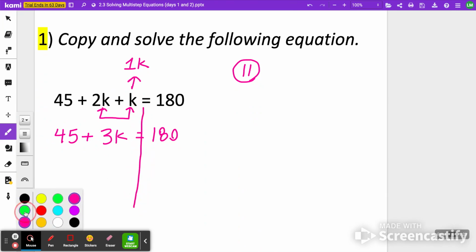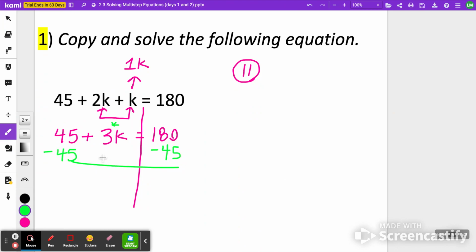Now I'm ready to add or subtract. A lot of people will want to subtract this 3K, but 3 and K are being multiplied, so we can't touch that yet. Instead, we're going to subtract this positive 45 from both sides. Okay. As I do that, I just want to make sure that I'm calculating correctly. So I'm doing 180 minus 45 on the right, and I'm doing 45 minus 45 on the left. Okay. So as I clean up 45 minus 45, those cancel out and just give me 3K. But over here, 180 minus 45 is